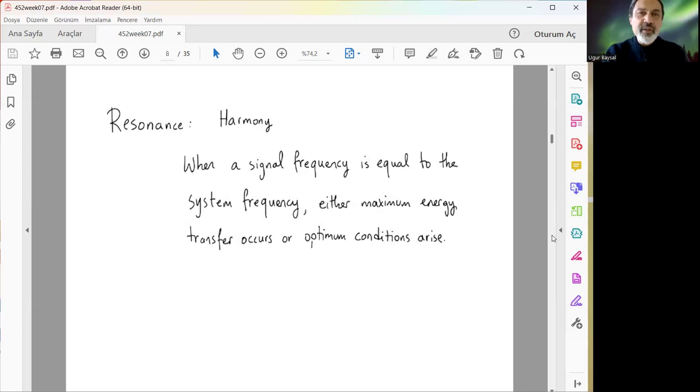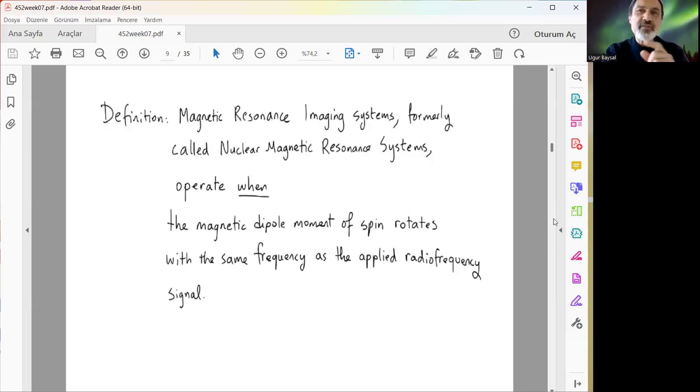Resonance comes from the harmony when the signal frequency, that's a different magnetic field, the radio frequency magnetic field, equals the frequency of the system's spinning nuclei, then imaging can be acquired or performed properly. That's the moment the actual imaging energy interaction takes place. So we need to have a resonance. So these systems obtain the image at resonance. Magnetic resonance imaging systems,